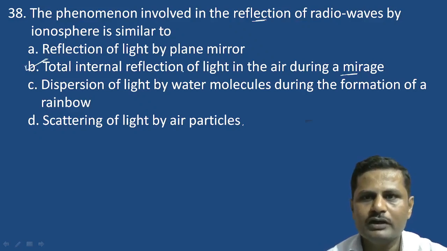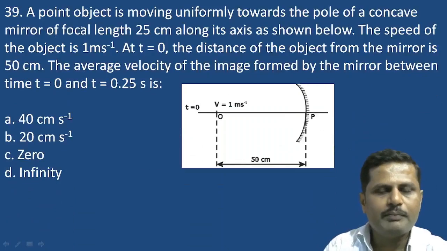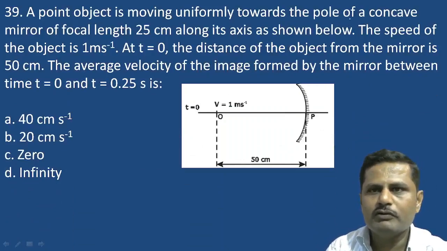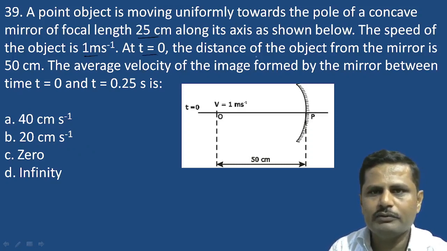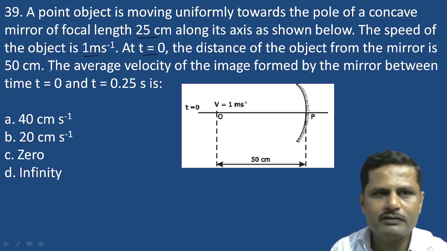Moving to the next question, that is, a point object is moving uniformly towards the pole of a concave mirror of focal length 25 cm along its axis, as shown below. The speed of the object is 1 meter per second. At t equals 0, the distance of the object from the mirror is 50 cm. The average velocity of the image formed by the mirror between the time t equals 0 and t equals 0.25 second is,